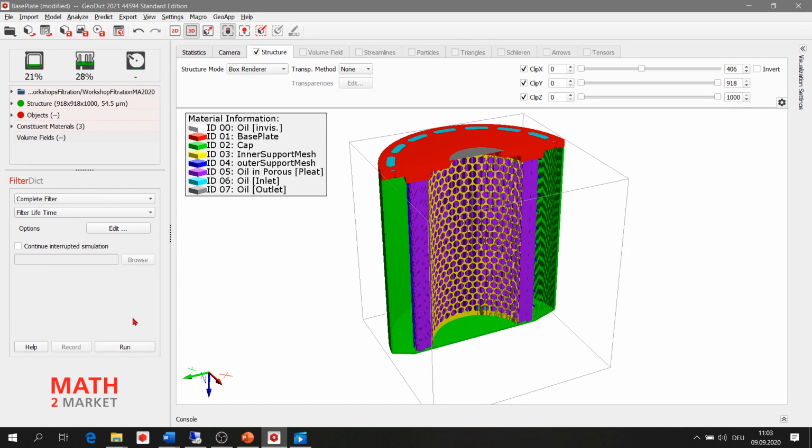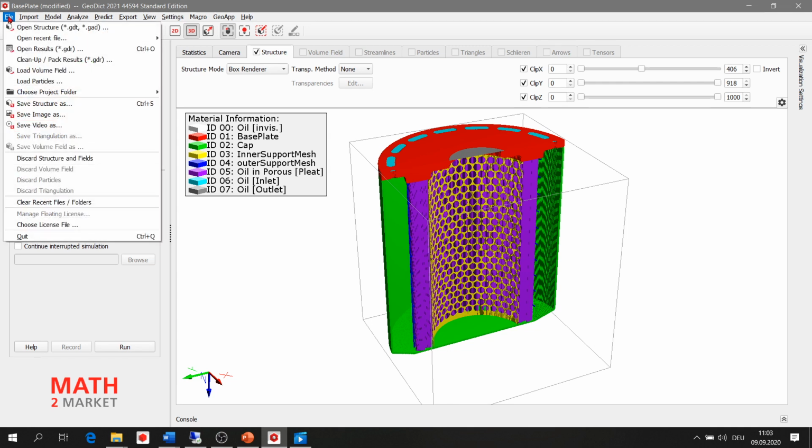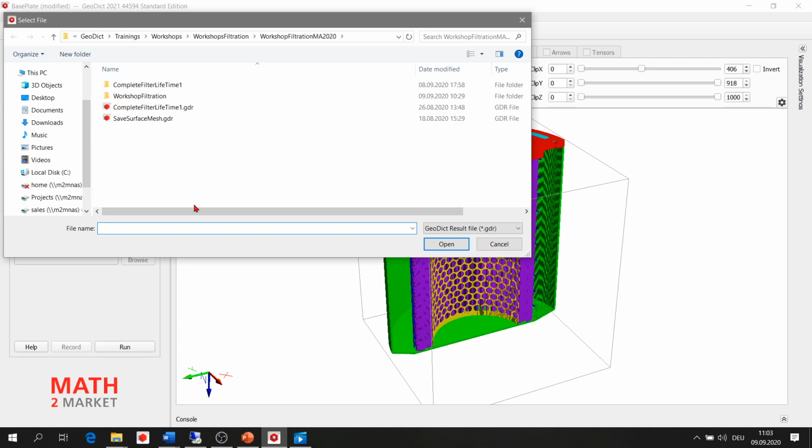We will not do it now because it takes a couple of hours, but I already did this simulation, and we can open the result files here on the top. You can see the open results icon, or you can select File and then Open Results from here. I already ran this simulation as mentioned, so you can open this.